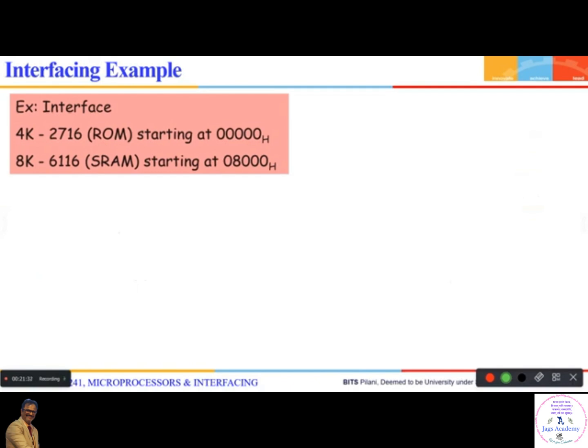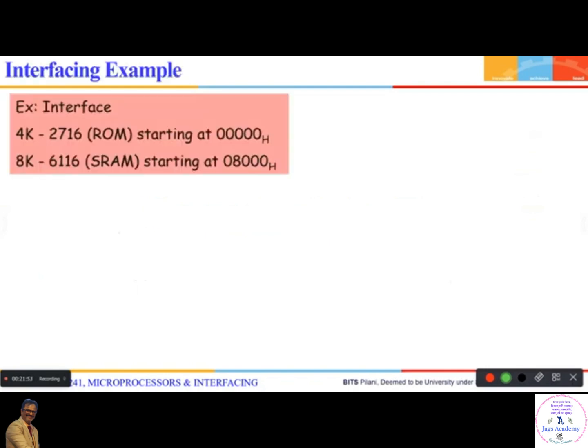Listen carefully. One example I have given: interfacing 8 kilobytes of memory using 2 kilobytes. I have already explained this step. This is another example. Now, the example is to interface